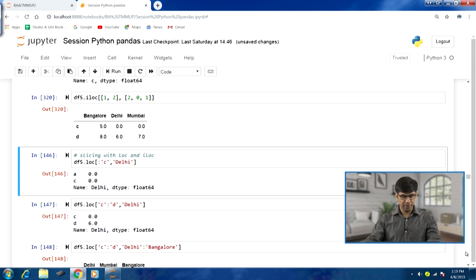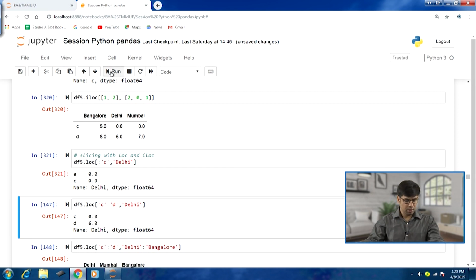Now, we can also perform slicing using the LOC and ILOC operators here. So df5.loc, and I can specify like this, column C. So all those columns up to this index, and then I'm selecting all those rows up to this row index C, and then for the column I am selecting daily. So in this fashion slicing can be performed. If I run this, you can see A and C inclusive, these two rows have been selected, and for the column daily. Let us take another example for slicing with the LOC.